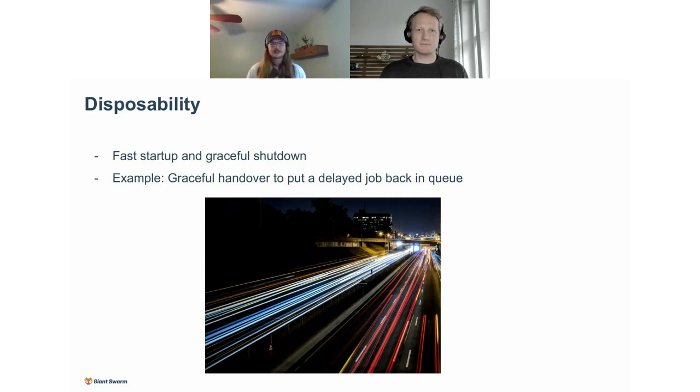What you're facing then is, if you have a job that can't hand off what it's doing within, let's say, 20 minutes, we're going to get that SIGKILL from the actual system. It's going to forcefully kill that process, and we're going to start it up on the other one. However, if it takes 20 minutes to scale down this process and it takes 20 minutes to scale up the new one, then you essentially have had 40 minutes of a handover that wasn't even successful, right? So if we put that at scale, we really start to see issues when there is a lot of movement, and that being the importance of disposability.